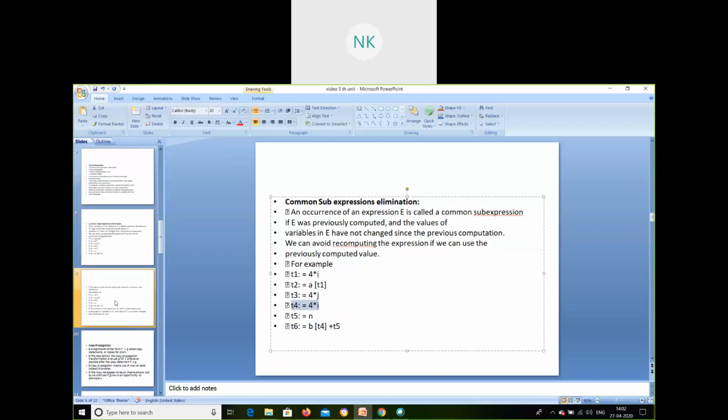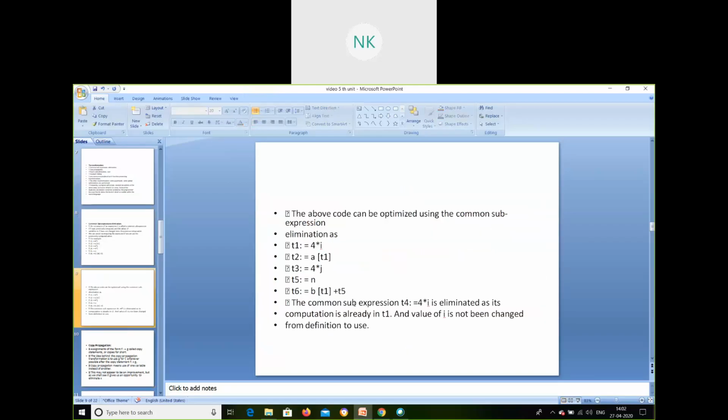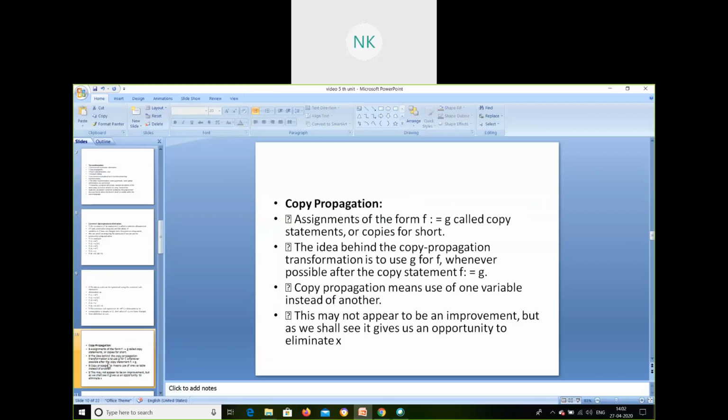The next one, I'll show you that program. See here, it is going to be the same. Copy propagation. What is copy propagation? Assigning a variable to another variable, you call it copy propagation. For example, f is equal to g. Wherever f appears, I'm going to assign the value g. Once I find the value of g, I'll be able to find the value of f easily. I don't have to find the formula again. It is not going to give a great improvement in the program, but a bit of improvement will be done. Even a variable occupies memory space, yes, even that will be eliminated.